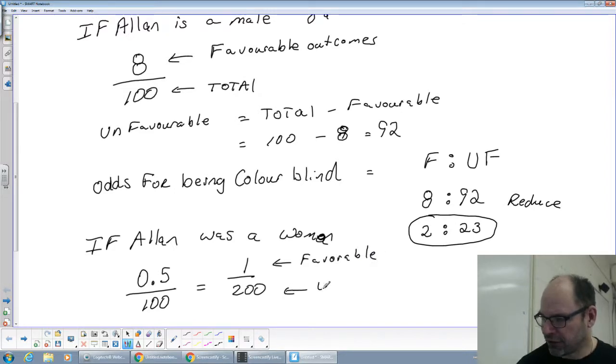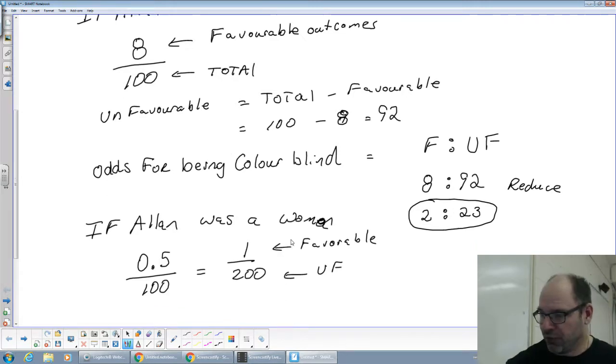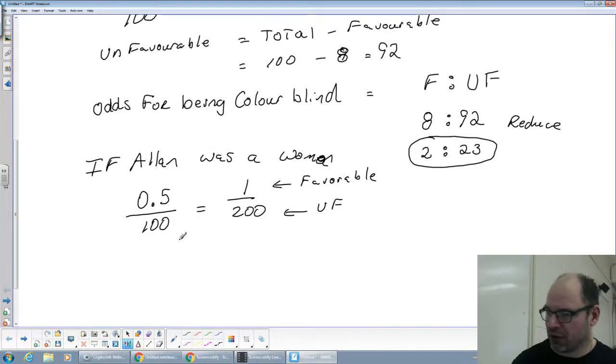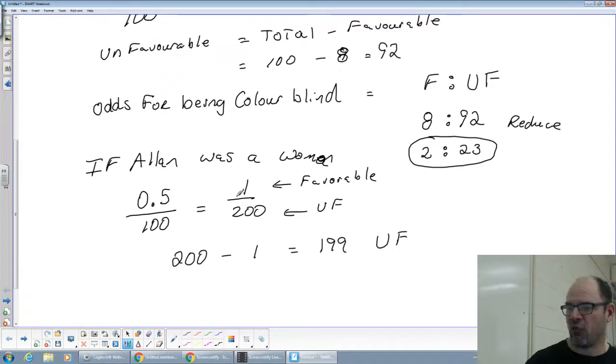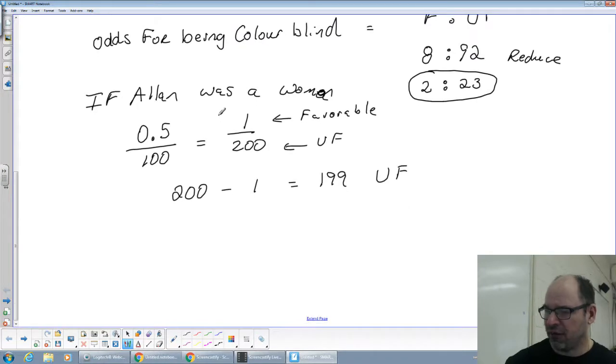And the unfavorable. Let's just use our abbreviations there. Okay, so 1 out of 200. So if we take the total being 200, so 200 minus the favorable, that's going to give us 199 unfavorable. Okay, so now that we've got one favorable and 199 unfavorable, the odds for Alan being able to detect camouflage if Alan was a woman, we would say in this case 1 to 199